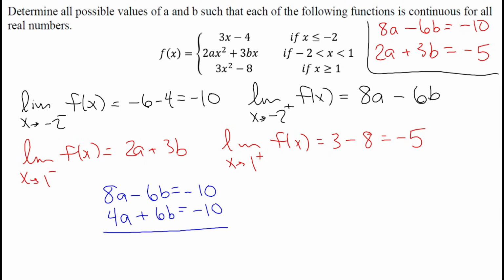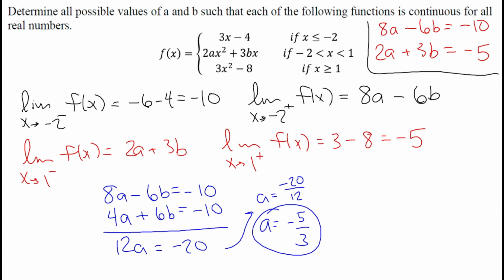And now I can add these together. Right? 8a plus 4a is 12a. -6b plus 6b is 0. And -10 plus -10 is -20. So a is equal to -20 over 12, or a should be equal to